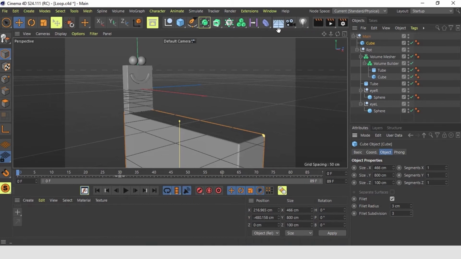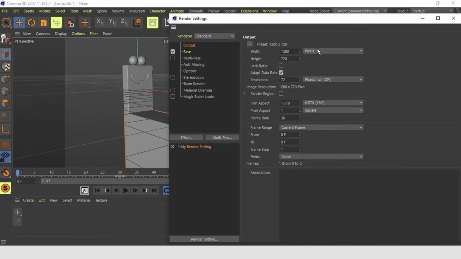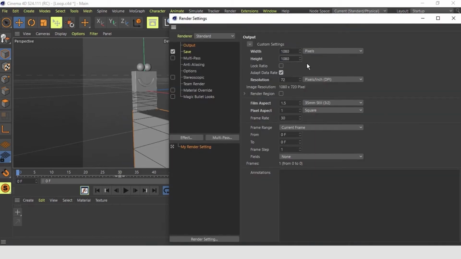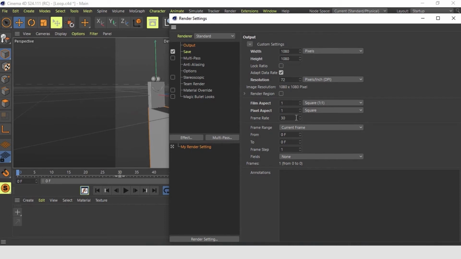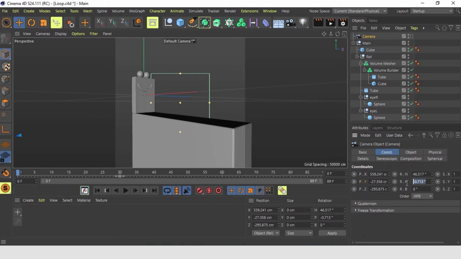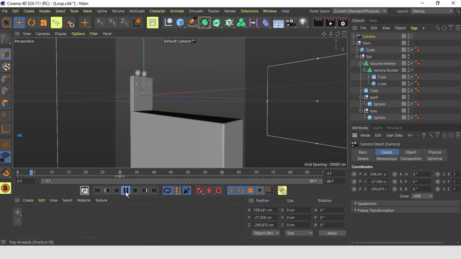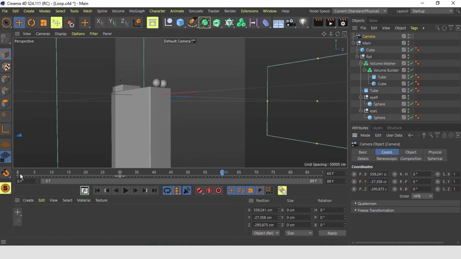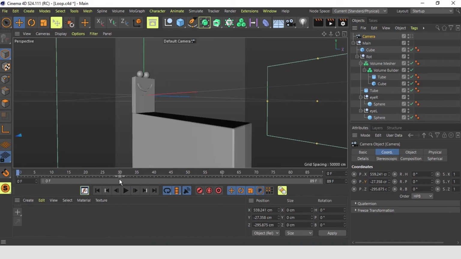We go straight into render settings here and we change to square format 1080 by 1080 and we always keep it on 25 frames per second. Now let's add a camera. Then go to camera settings. So in object, change focal length to 80. Go to coordinates and let's set this rotation to 0. So we are always straight in front, which means that when the lines move fast, they are always exactly parallel. That looks nice. Good. So here we go. This is the look of our camera looking good.